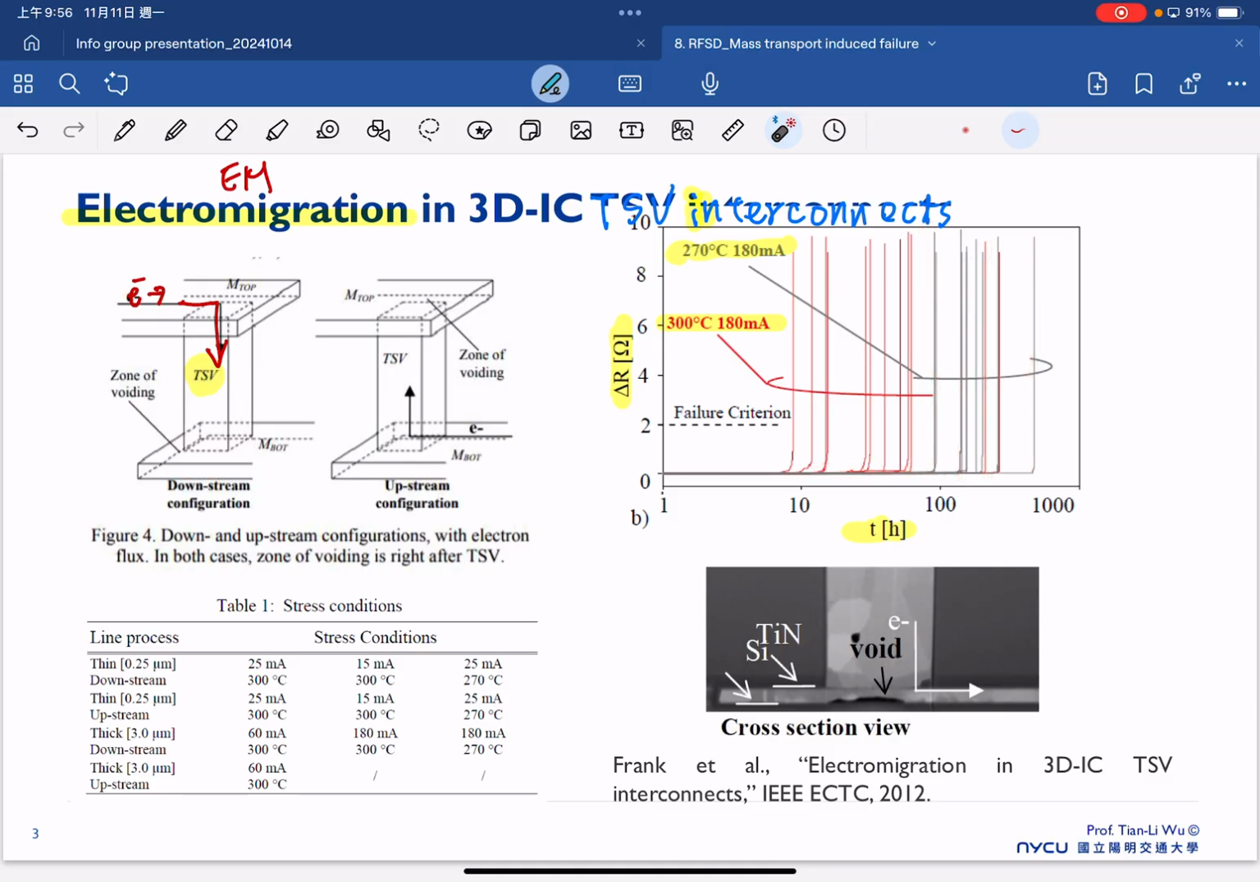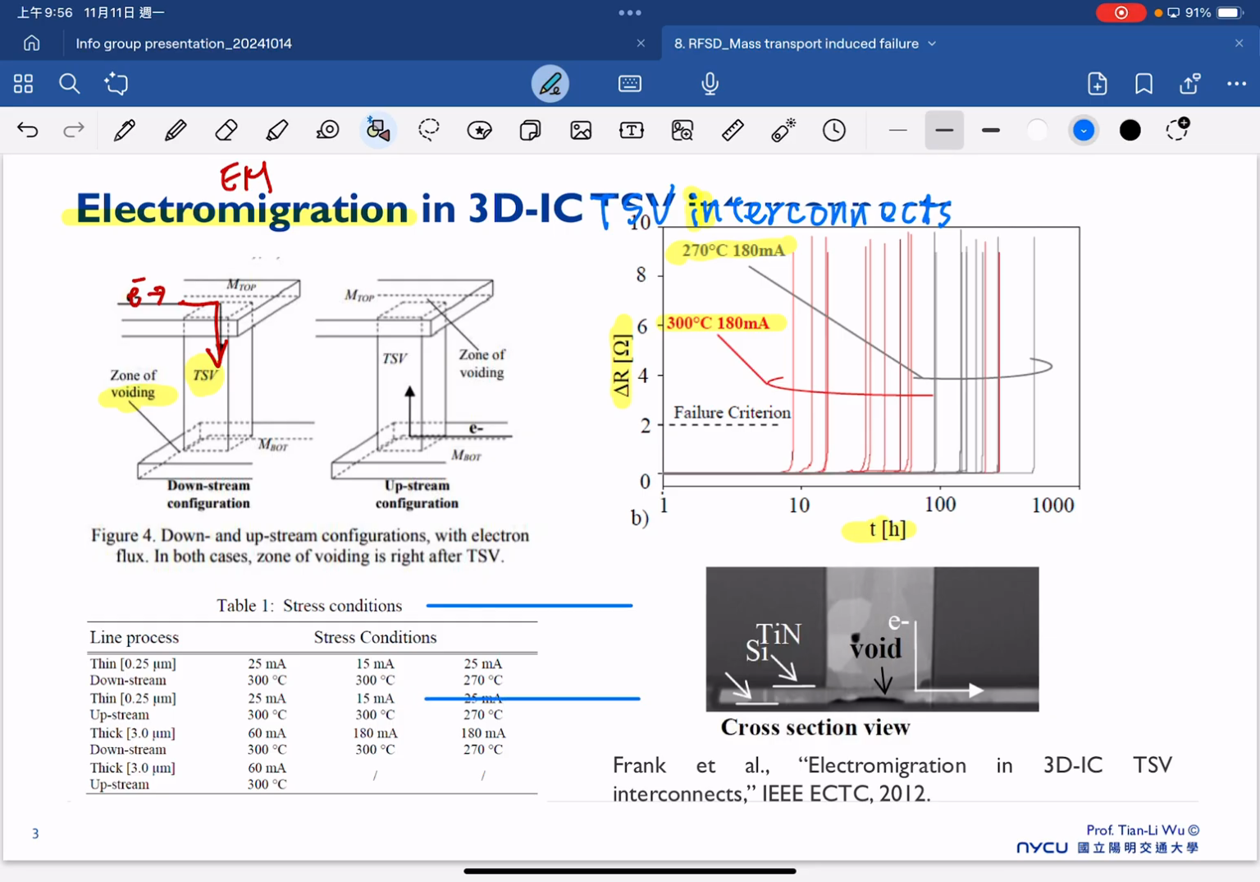So this is mainly related to the formation of, for example, the voiding here. Why will there be void formation inside the TSV region? This goes back to a pretty fundamental understanding of electron migration in the interconnection line. As we already mentioned in the first class, when we talk about